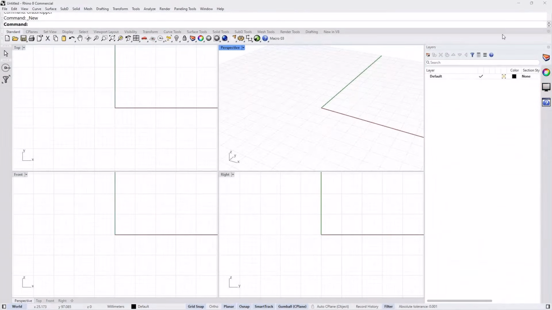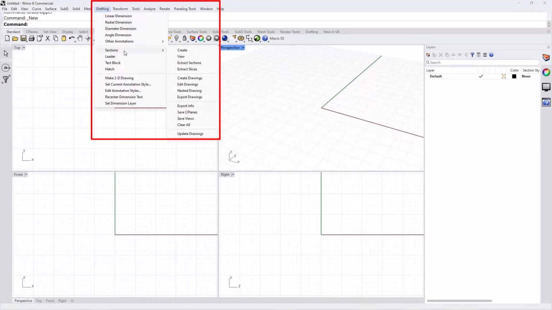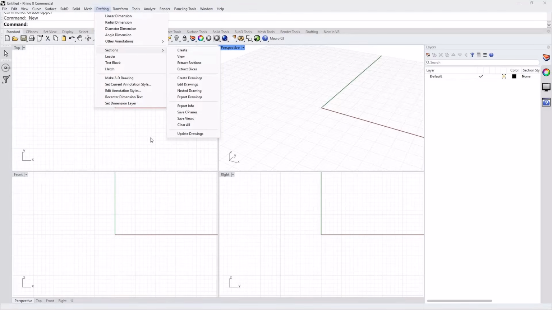First of all, new in Rhino 8, we have the Drafting menu, and under the Drafting menu there is the Sections submenu. These are just a few of the tools that have been organized there. Most of them are new to Rhino 8. We're going to use some of those. I typically like to type the command name, but I'll also go to some of these commands through the menu so we know them, especially when we use them for the first time.